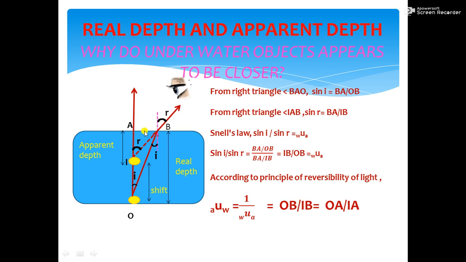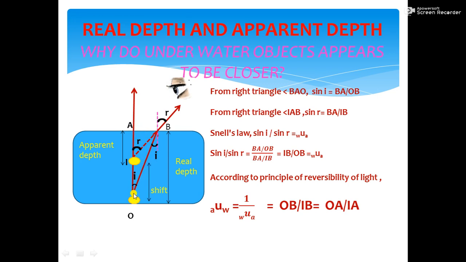At these points A and B, these two rays are actually passing very close to each other. For our understanding, we are drawing them far apart in the ray diagram, but the radius of our eye's aperture is very small, so all the rays are passing very close to each other. That means we can consider this distance to be equal.